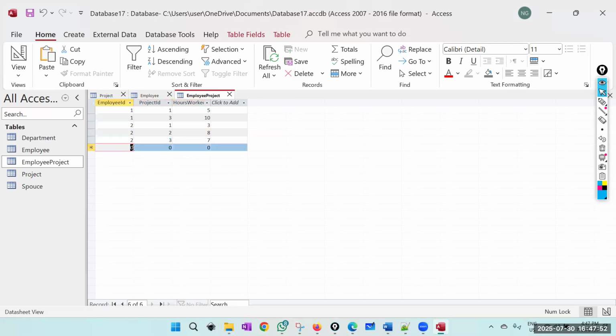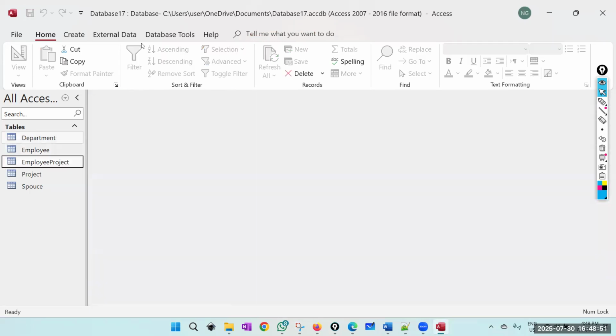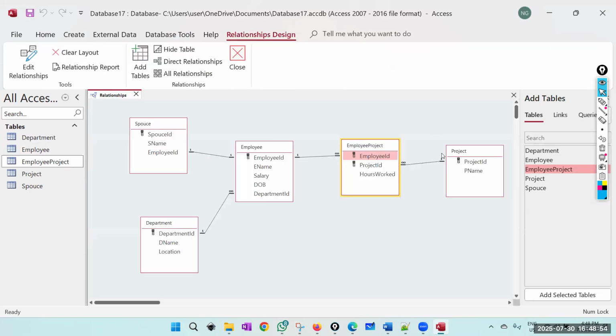Maybe employee 3 has worked for project 3 10 hours. Okay. So now we have many to many, because you can see that one employee works for many projects and the same project has many employees and so on. Right. So now we have our database relationships, and also we have a set of data as well. Right. So this is how you design